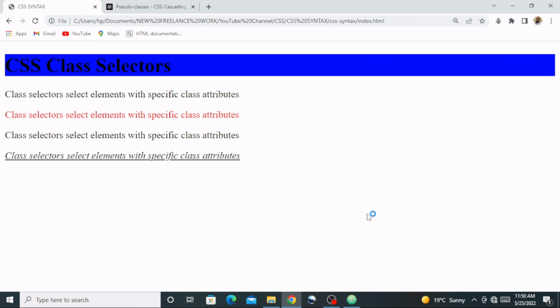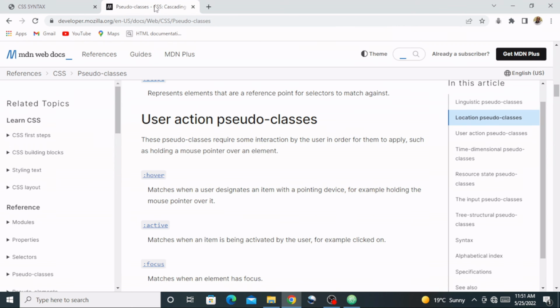Now let's put this to a test. The background color is blue. When we hover over it, it turns green. But now when we click on it, it turns red. As you can see, when we click on it, it turns red. And we were able to achieve this by using a pseudo class which defines a special state of an HTML element. For further reading on pseudo classes or on